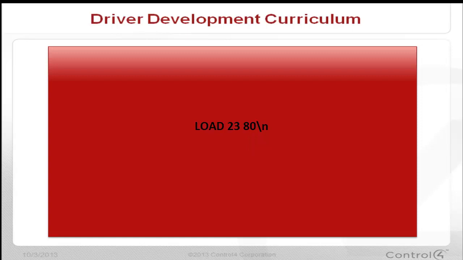We also know that each command ends with \n. Based on this, we can easily see that the load notification has been sent for light 23 and its current